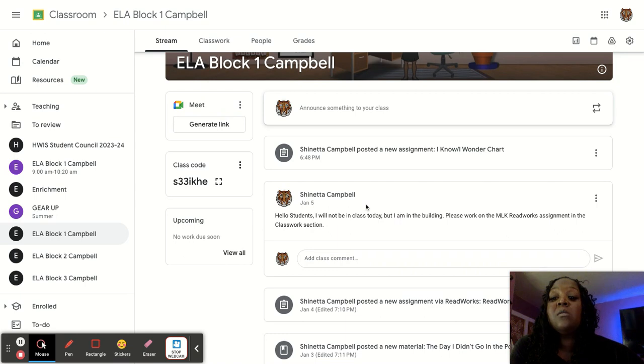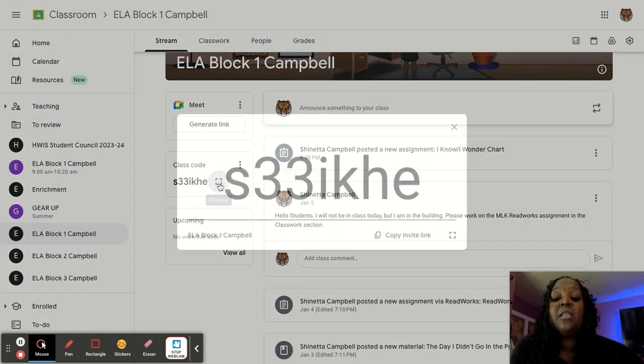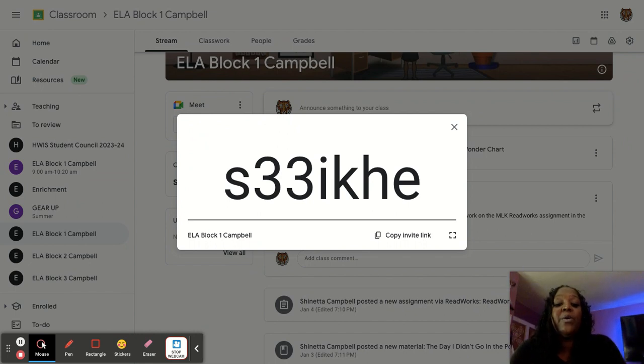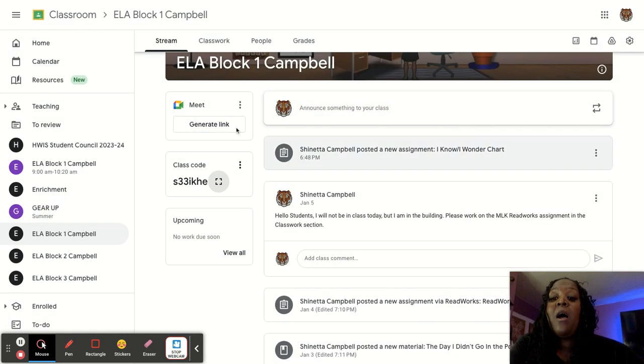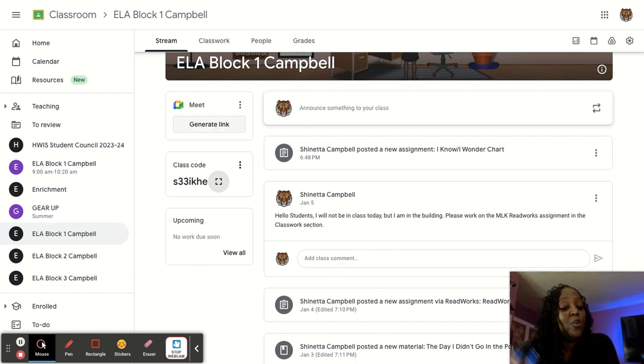Okay. Also on the stream is the class code. So for students to join the classroom, you can display the code. You can put the link in an email. You can put the link for students to come into the classroom, and you can also invite parents to view the classroom. There's also a generate link if you would like to, if we have a virtual day,